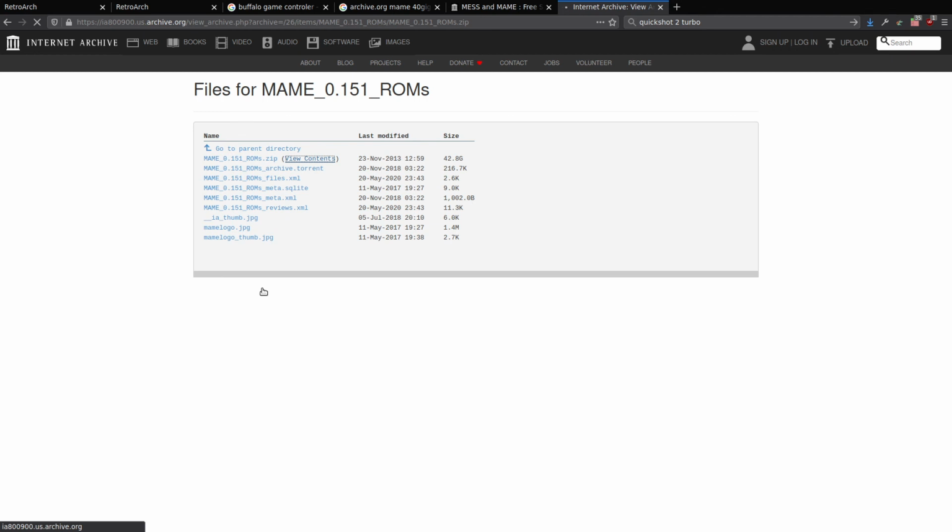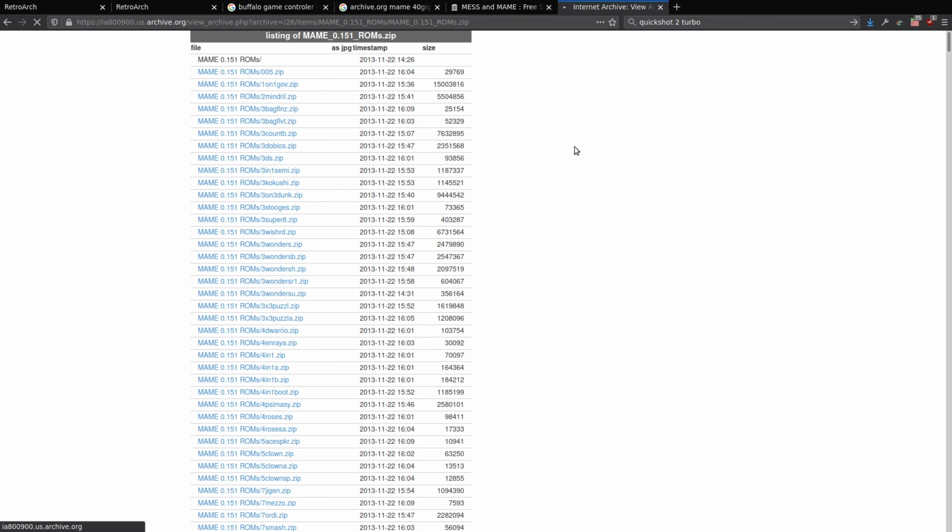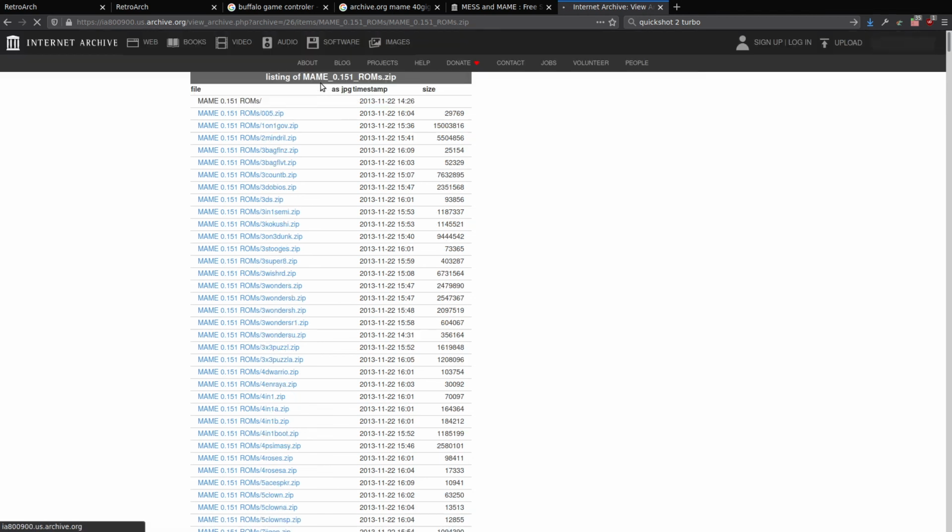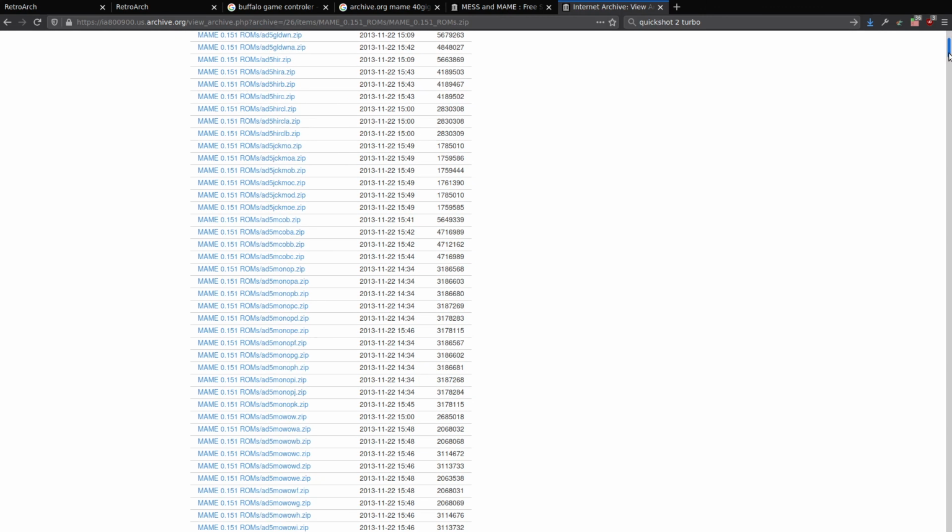It seems to be chugging away here. But basically, you've got to download the torrent. And okay, so we can view inside the zip file. Can we actually then download these zips? So if we view the contents of the zip, we may actually be able to come down and download the zips individually. So let's just have a look for